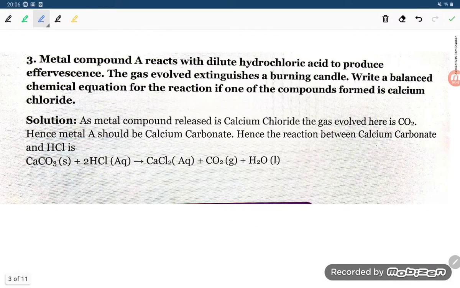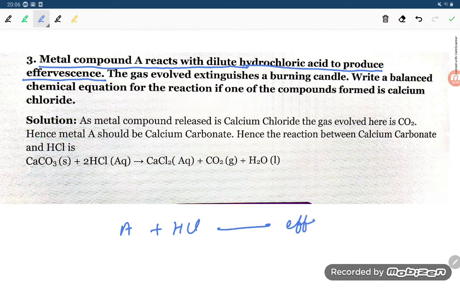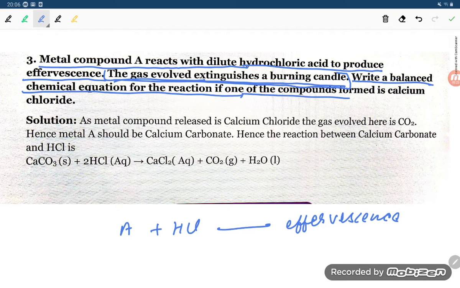Now, metal compound A reacts with dilute hydrochloric acid to produce effervescence. The gas evolved extinguishes a burning candle. Write the balanced chemical equation for the reaction if one of the compounds formed is